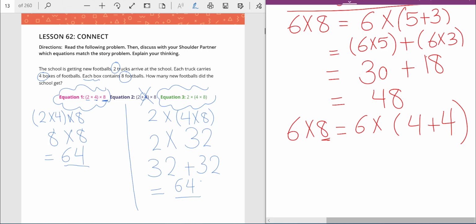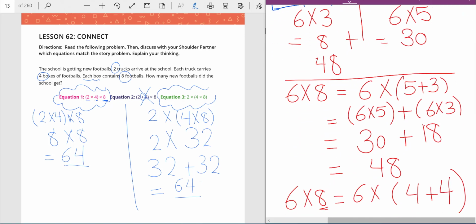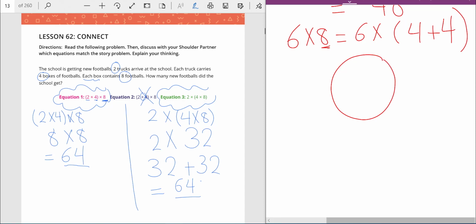Okay, we can distribute without a bar model. We can use groups. Like if I have 8 groups of 6,